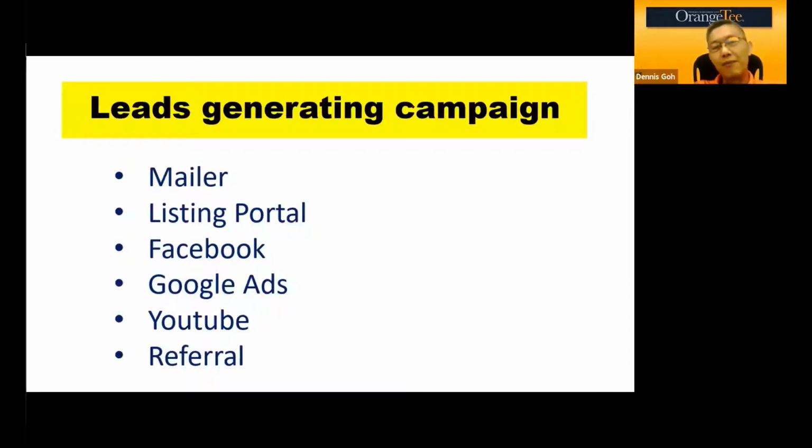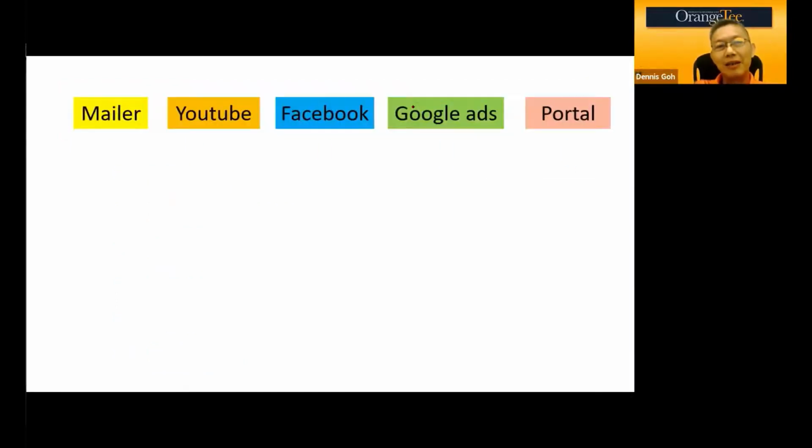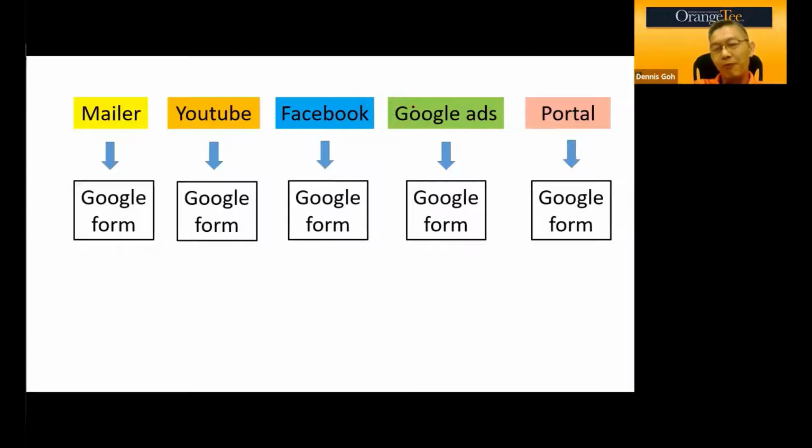Okay, having said that, most of the channels for getting leads, we channel them all into either our contact list or our Google form, which I'm going to show you here. They all go into a Google form. Now, assuming I'm going to launch 10 of my campaigns, so I have 10 separate Google forms with me. What happens here is if I am going to retarget them for a new launch, let's say I have a certain project coming up in the next 2 or 3 weeks, or maybe 4 weeks,